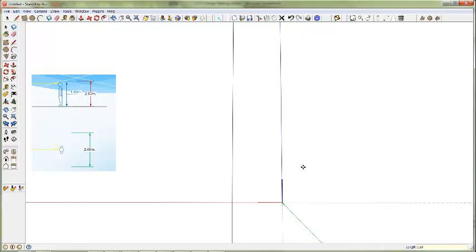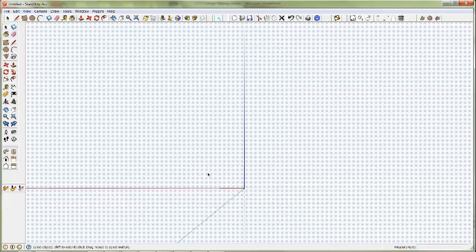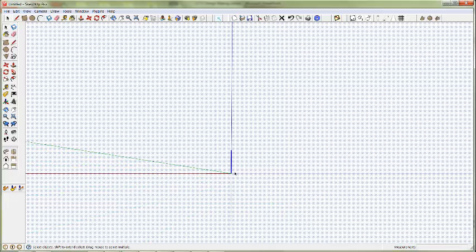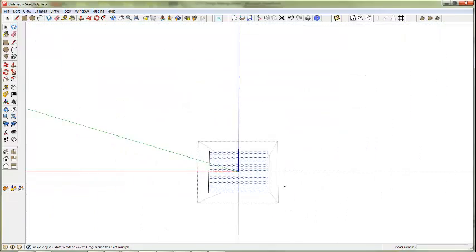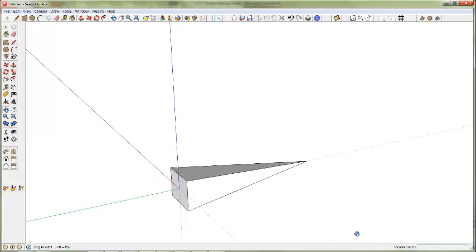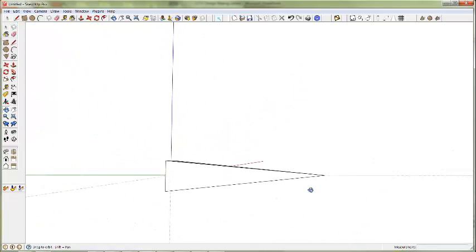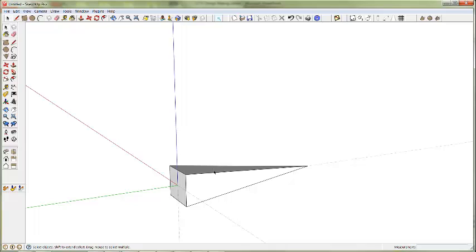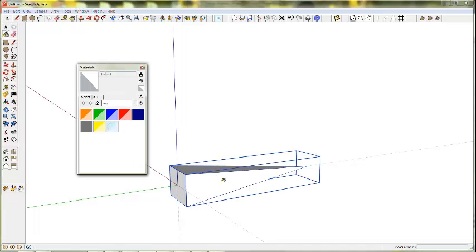I can now do the same thing with the left edge, but I move it out 1.33 meters, and then the right edge, now the left edge, move that 1.33 meters, so that's a total of 2.66 meters. So now what I end up with is a face that is 2 meters high and 2.66 meters wide, which is the proper field of view. I can now select that